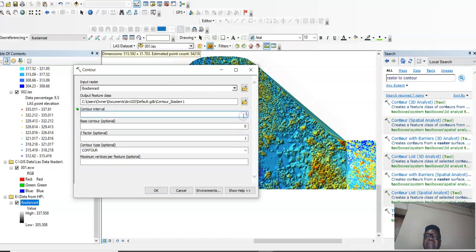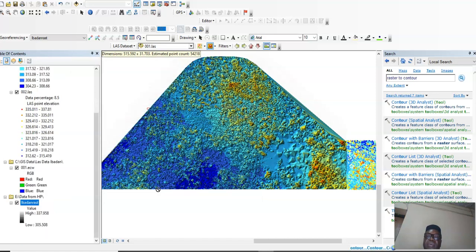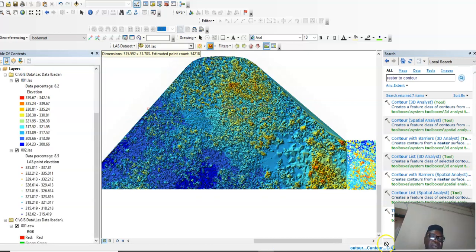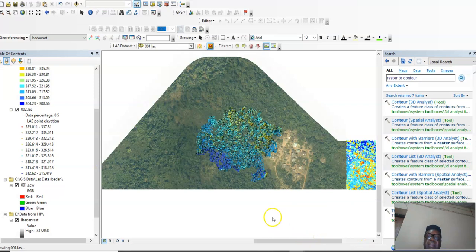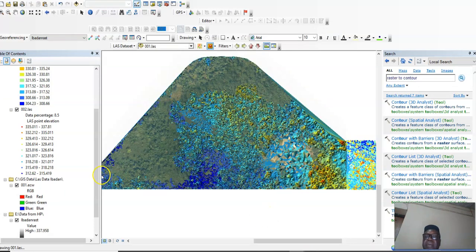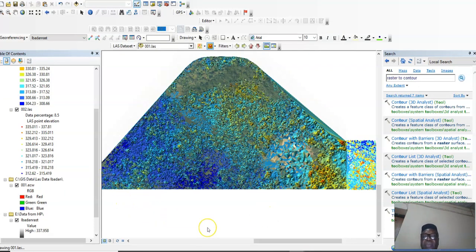You select the input raster, which is now Ibadan Rast, and then your contour interval you can select. Let our contour interval be 2 meters, and you create your contour. It's creating the contour here. You can see the contour is coming up, and we are done with the contour.